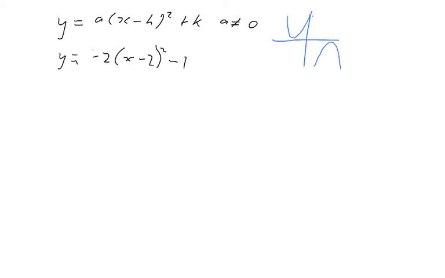In this case, because we've got the negative, we know it's going to be a maximum, so it's probably going to touch somewhere. But this minus 1 changes things. Okay? So we know if that minus 1 wasn't there, that it would touch at 2. Okay, so that means our axis of symmetry